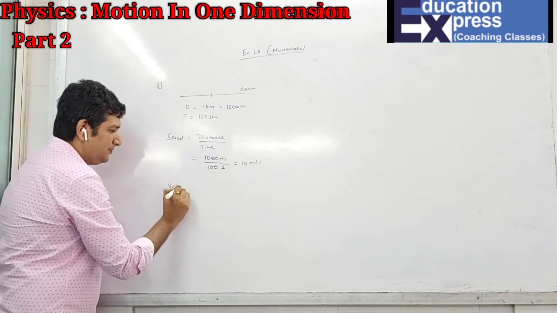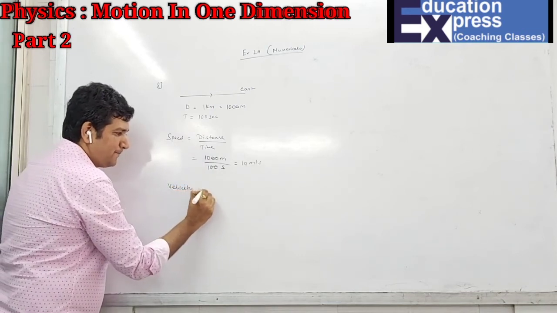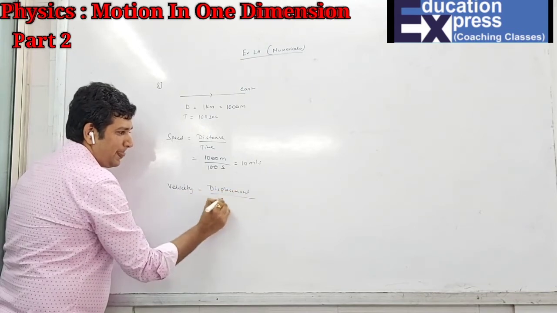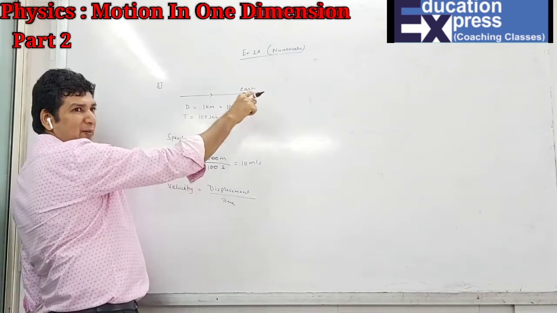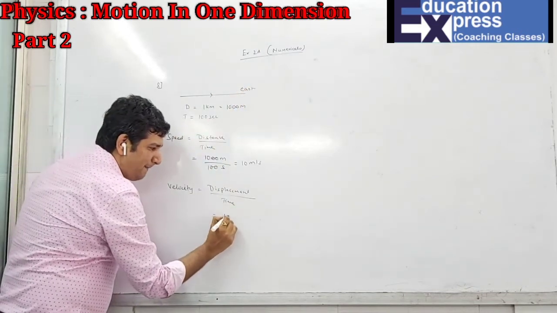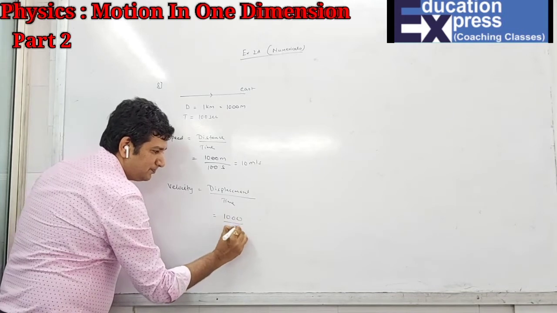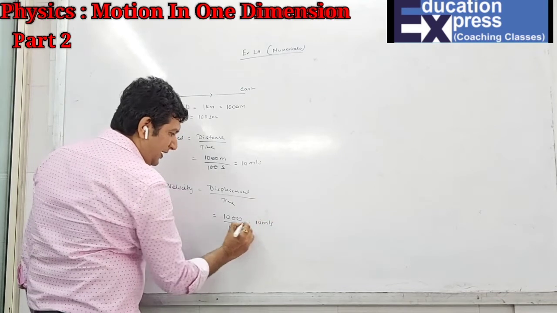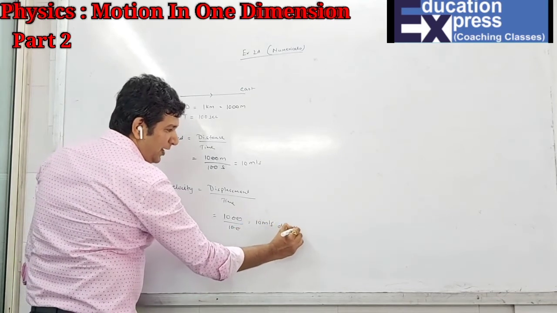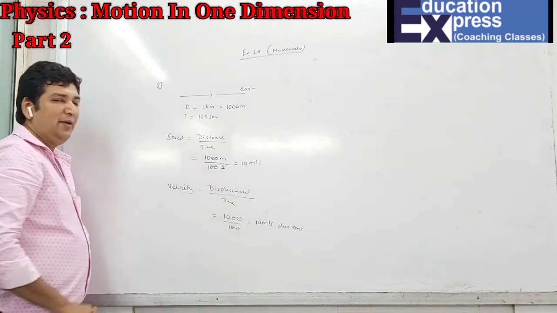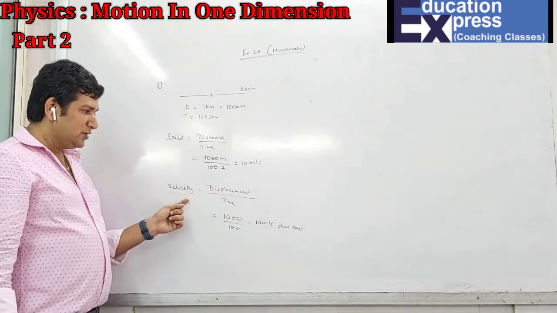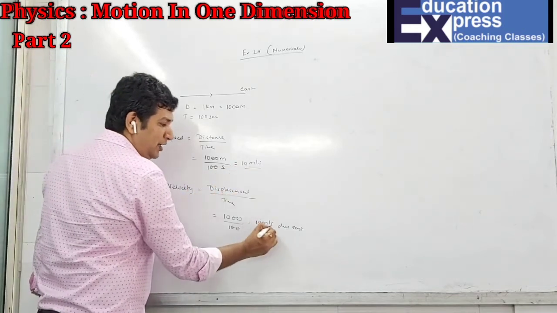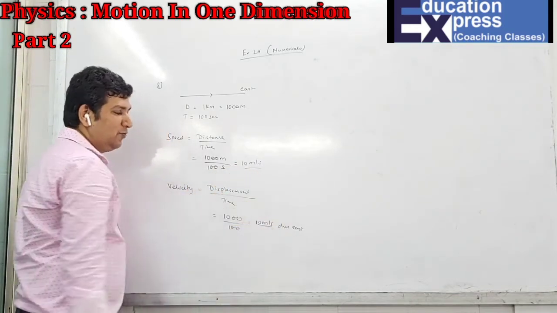What about the velocity? Displacement upon time. So it's going a straight path, the same displacement 1000, time is 100. So can I say that again 10 meter per second, but here I have to write the direction also, as I am mentioning the displacement, which will give me the velocity: due east, 10 meter per second due east. That means the exactly same numerical value, but along with the direction gives me what? The velocity.